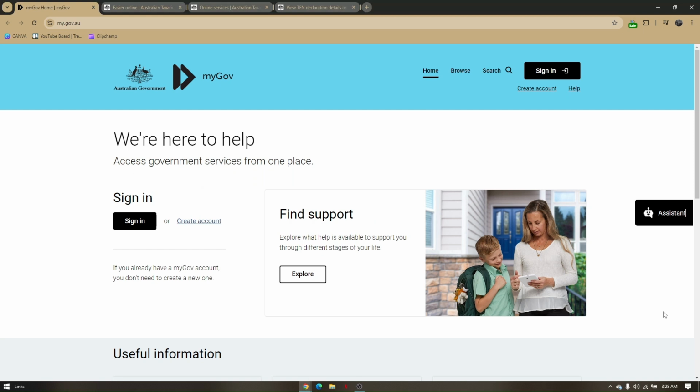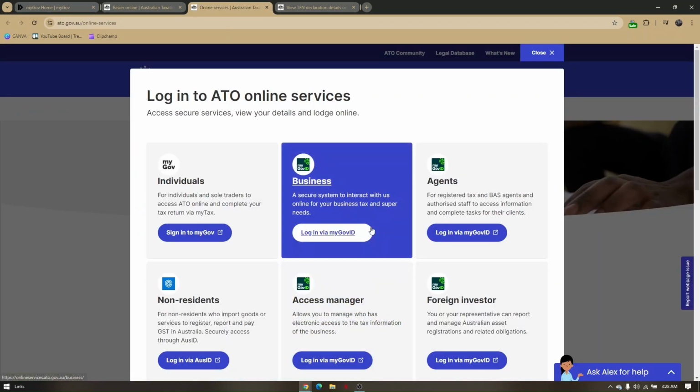How to find tax file number in MyGov. Now, first things first is you need to have an ATO account. Now, once you already have an ATO account, that's the time that you will link your ATO online services to